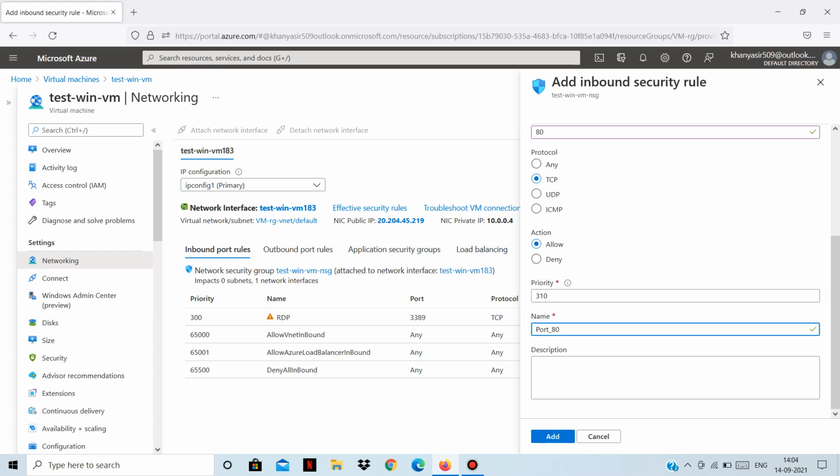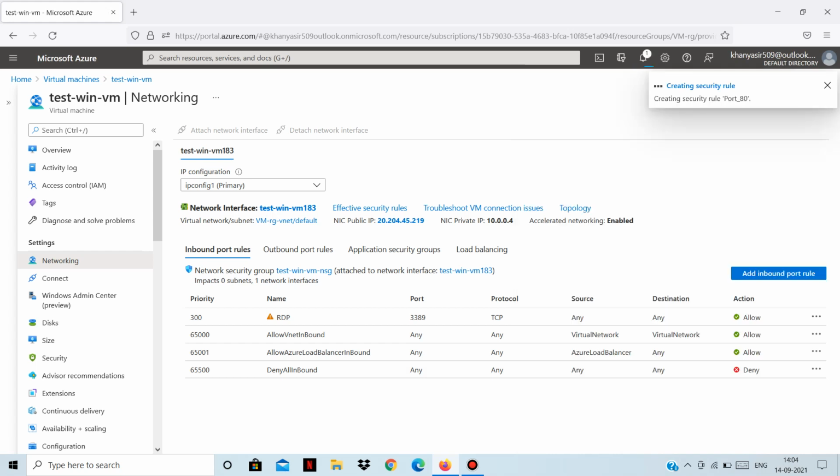Okay, so the priority is 300, means this rule has a lower number but the priority is higher than this rule. So we will be allowed to access our web page, which we will be accessing using HTTP. The service will be running on port 80 of this virtual machine.